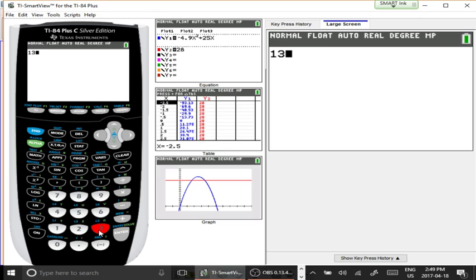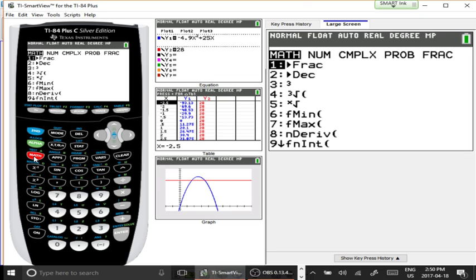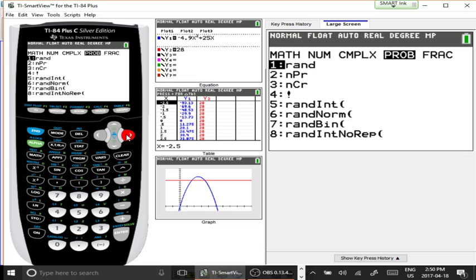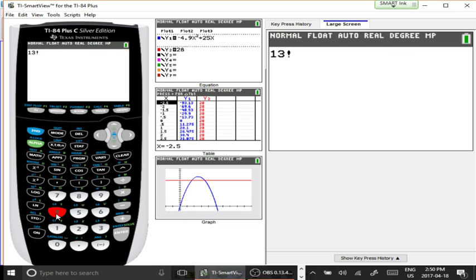Now, some calculators, even just scientific ones, do this a little bit better than the graphing calculator. You have to dig a little bit for the factorial button, but it's under math and under probability, which is the second option from the right. We're going to select option 4 or press the number 4, and you get that exclamation point that represents factorial. Once you have 13 factorial on your calculator, you can press enter, and you'll see the answer is